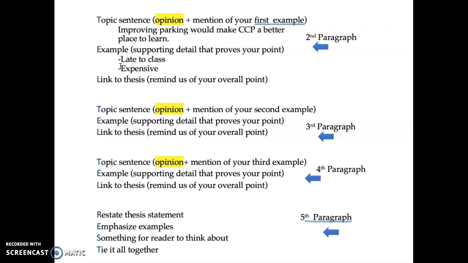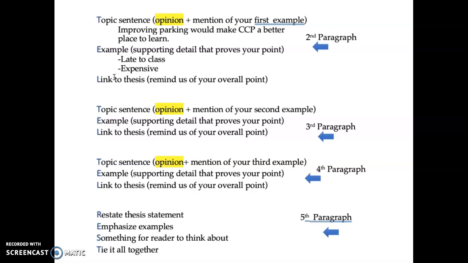You can also use a quotation sandwich for your example anywhere in this paper. If you want to talk about what someone else said or another person's experience, you can quote them in your paper as well. After you give the example, then you link it back to your thesis so that people aren't losing your point. Now, sometimes students feel like this is overdoing it, it's overwriting it.